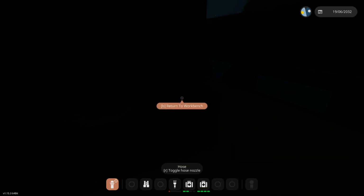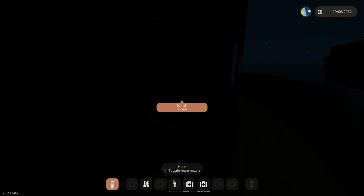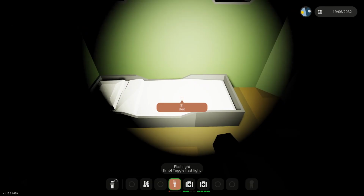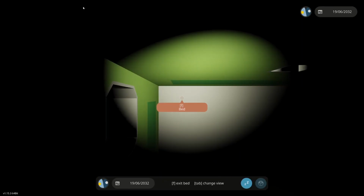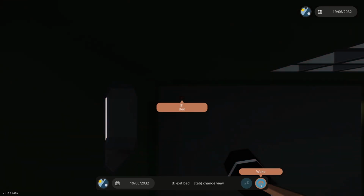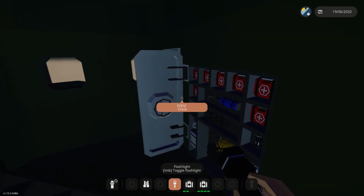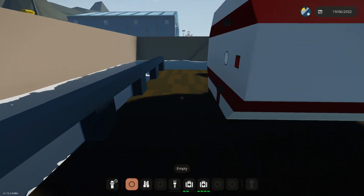I think we might sleep for the night. I reckon I might sleep for the night. Let's open that door. Turn our torch on. There we go. And hop into bed. Sleep for the night. There we go. Lovely. That's a little bit better. And then hopefully we can get out there in time. So we need to add a little bit of fuel into our...